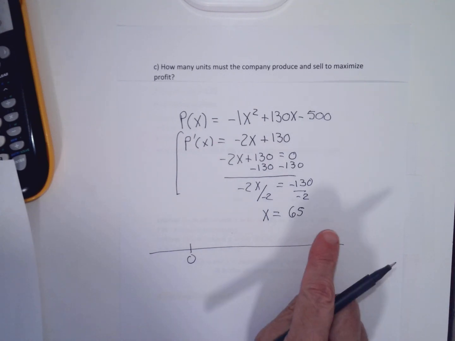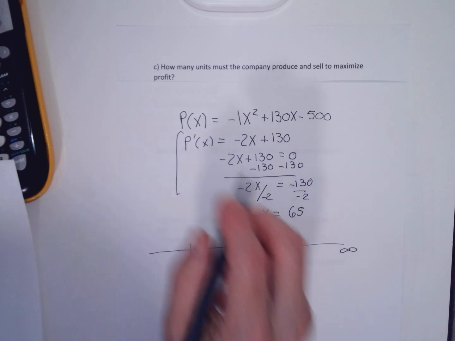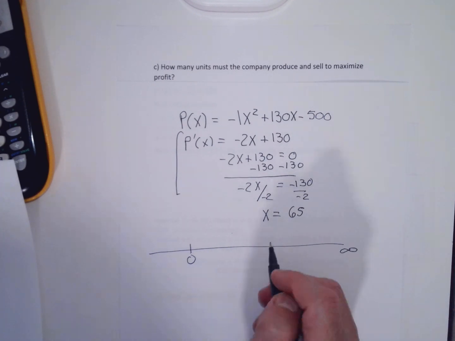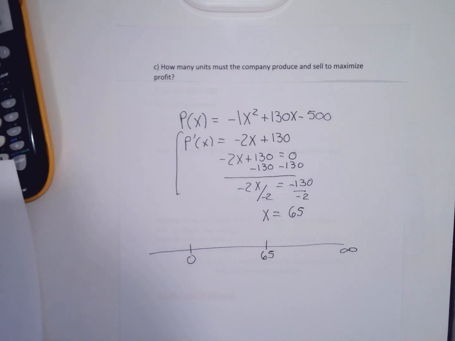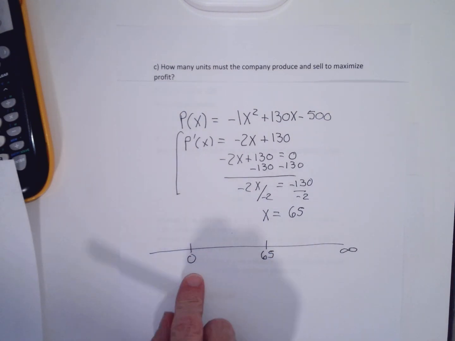There's probably some realistic right end here that's not infinity. And if I created the problem with a little domain, like 0 is less than or equal to x less than or equal to 500, I'd put 500 or some other number here, some production max. So I've got my critical number on a number line. Instead of having negative infinity,